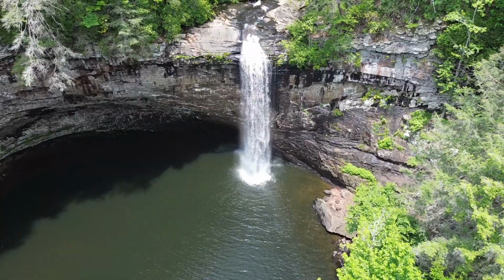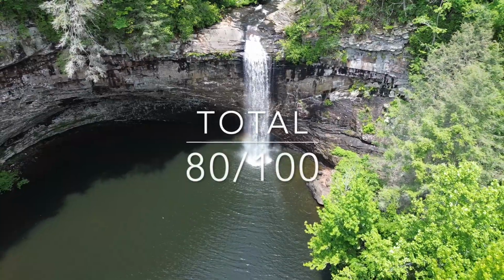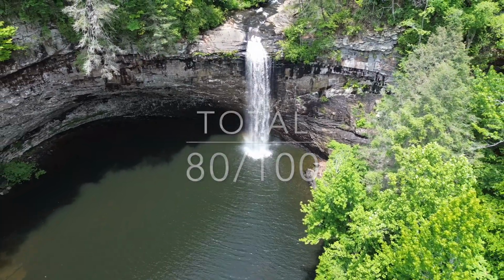You put everything together, and South Cumberland State Park gets an 80 out of 100. And if you know much about my reviews, you know it is very hard to get into the 80s, so great job,